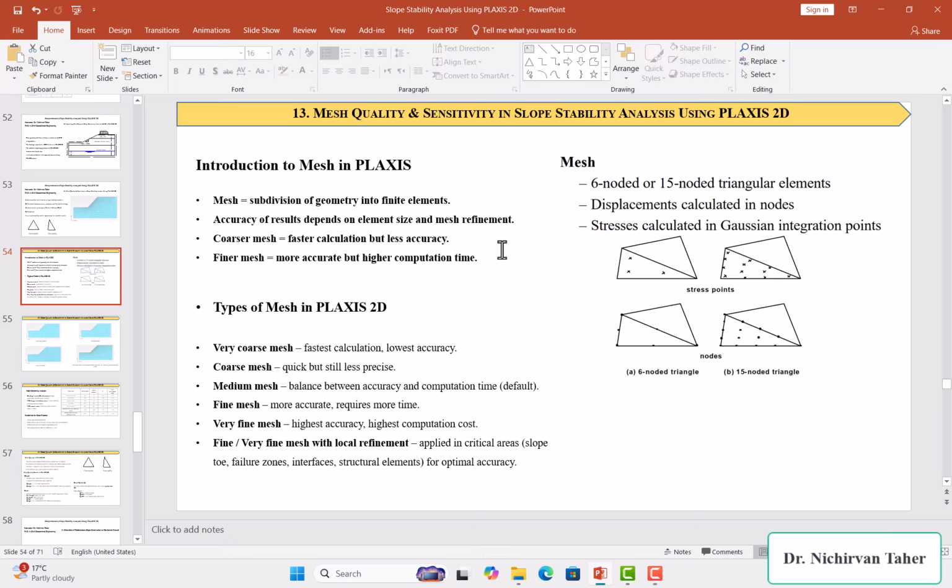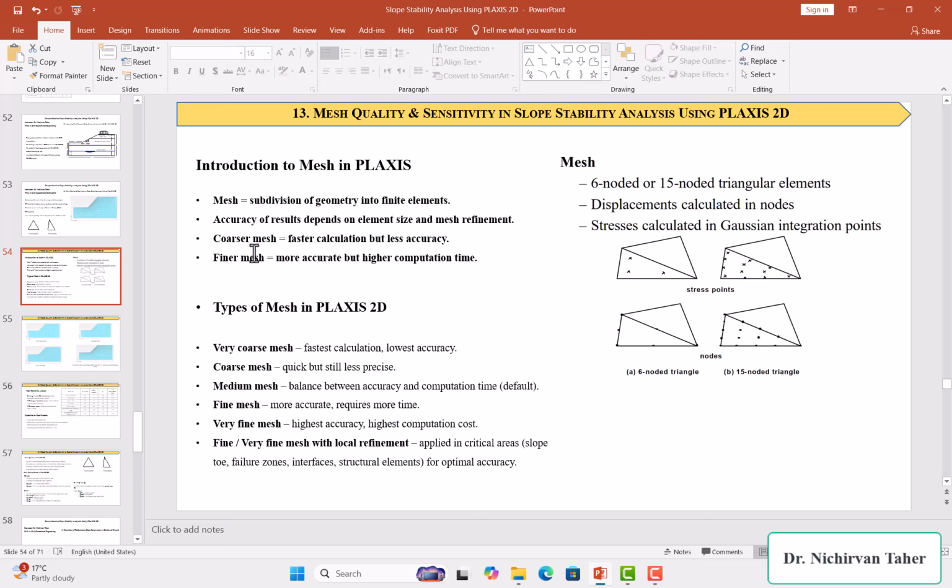Also, when we use a very fine mesh, maybe the results are also not very realistic. That's why the mesh quality and mesh sensitivity are very important in slope stability analysis, and also in all geotechnical